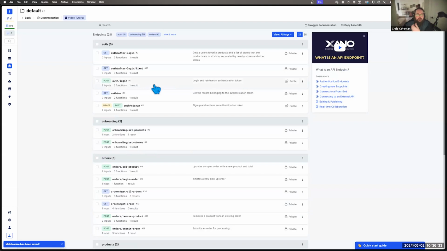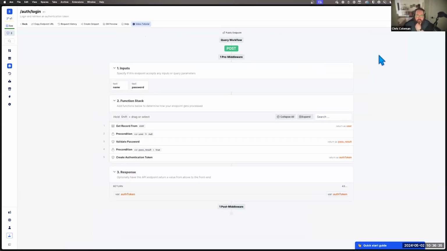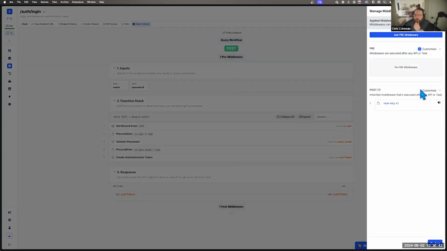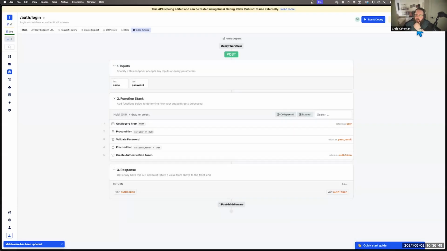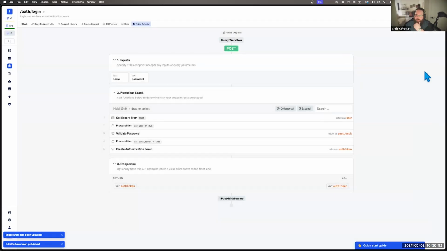So, let's check out this login endpoint. I'm not going to be checking a key during a login function, right? The user isn't even playing the game yet. So we can go to middleware and we can go ahead and customize. But we probably want this to generate a new key after they're logged in. So I'll keep that one running. And we'll publish the changes to this specific API. So now we've customized it at an API group and a single API level, even though it is applied to our entire workspace. So you have a lot of flexibility here to very quickly deploy solutions to secure your application,